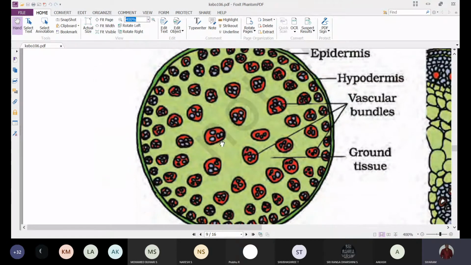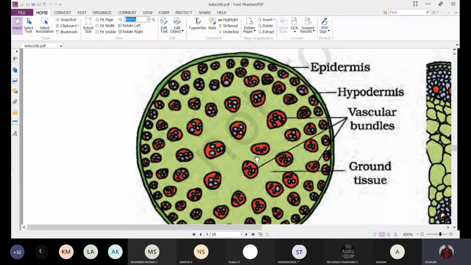This is the transverse section of a monocotyledonous stem. We'll find epidermis and endodermis, and all the other structures are not clearly observed. When you observe the other regions, like pericycle, cortical cells, endodermis,